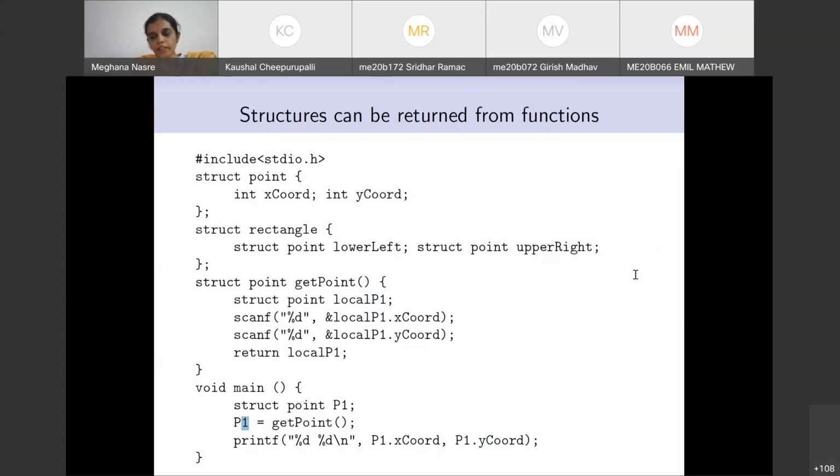So we cannot control what data is accessible by a variable. As I said, with this access control, by default, all of this is public, if you are comparing it with the C++ style. Once you define a variable of type point, anybody can access x coord and y coord, I mean, p1 dot x coord and p1 dot y coord.